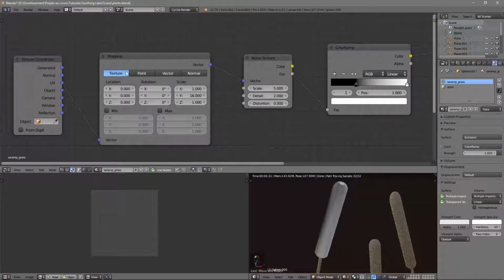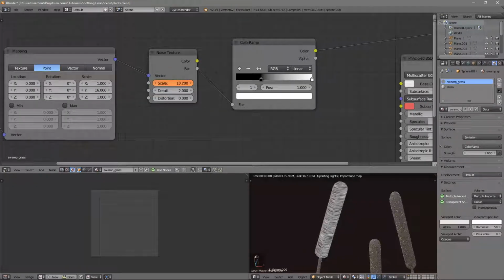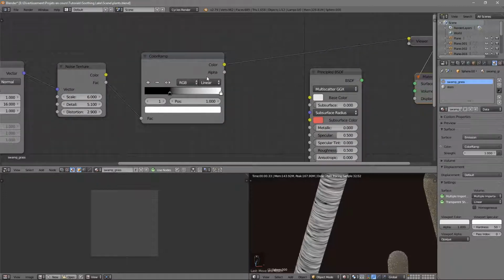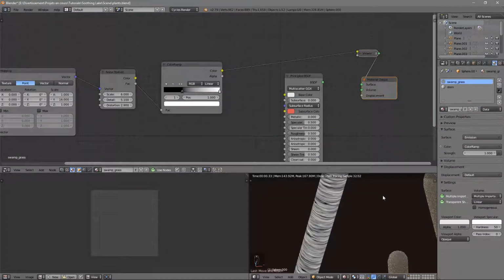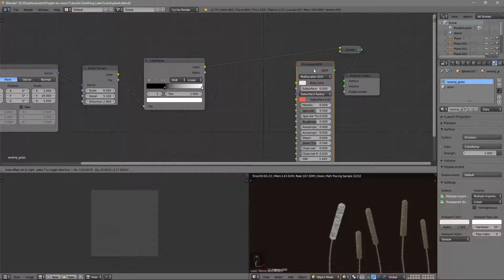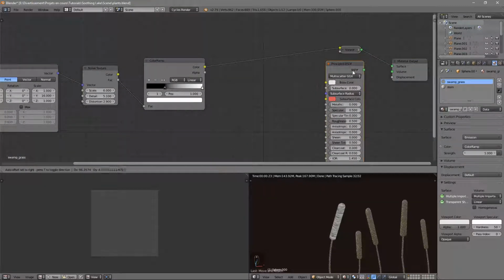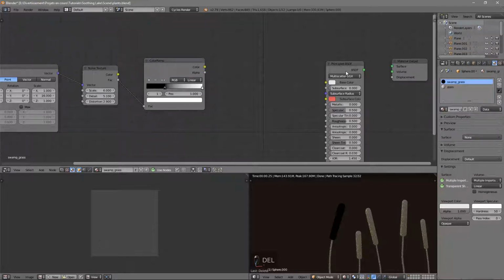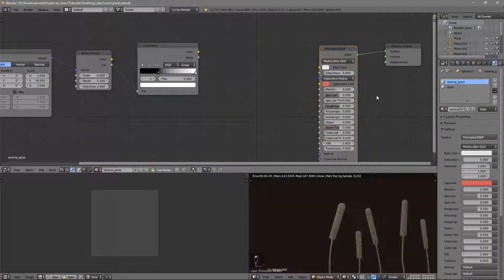or horizontal noise. You can play with this scale to adjust it. And I'm gonna stay with 6. I think 6 is fine. We can add some more details if we wanted, but in my opinion, it doesn't really matter, as it's much too small to be visible. Especially at this distance, we barely see these details. So I don't think at a higher distance it will be much more visible. So I'm gonna connect my principled shader